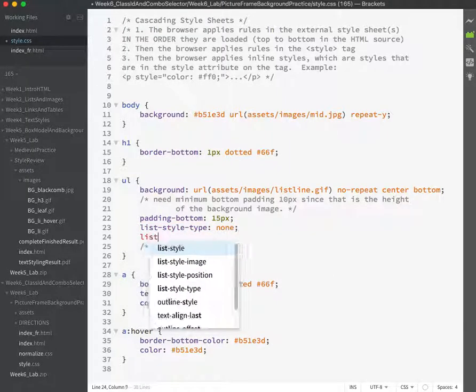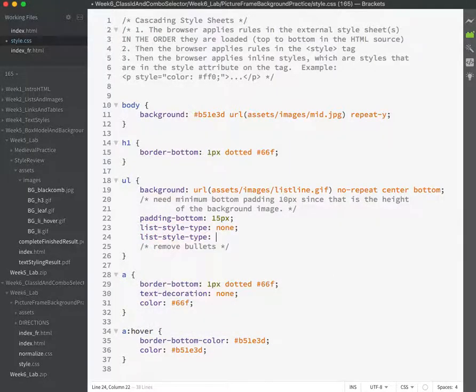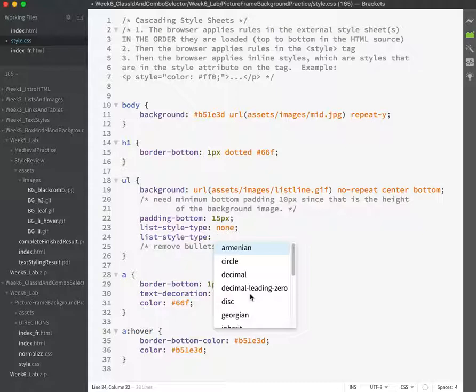I'm going to do one here so you can see the hints. So there's all kinds of different things you can do. Some of these are more appropriate to OLs, ordered lists. That would be things like decimal, decimal-leading-zero, where you have numbers already. Some of them are more appropriate to unordered lists, like circle, disc,